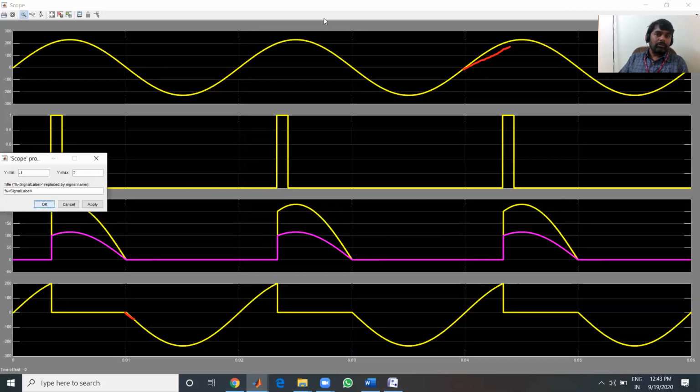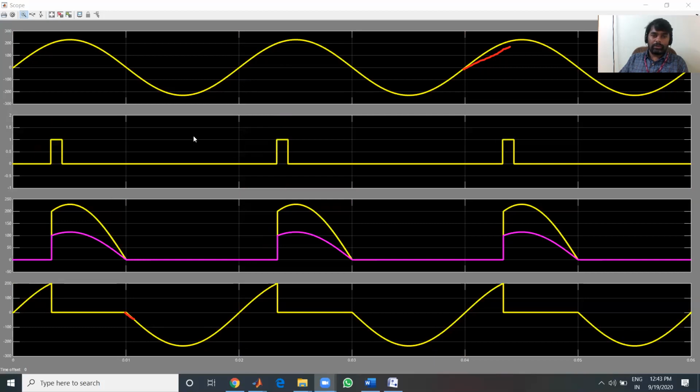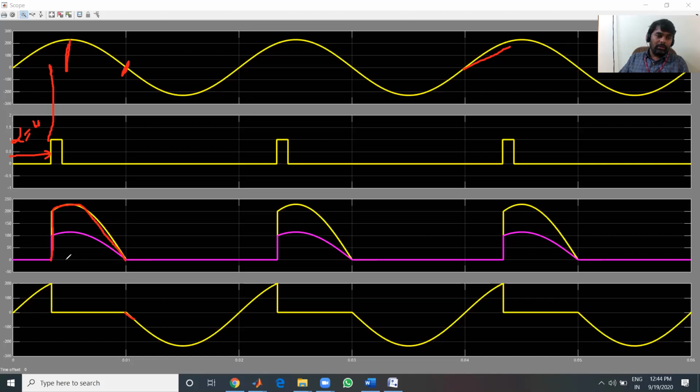Okay, now I am going to share this scope so that you are able to see. So now you can see this is alpha equals 60. Even if you want to measure, it will lie at this particular point where alpha should be 60 degrees, because here you may see 90 degrees, here you may see 180 degrees. So here it will be 60 degrees, right? And from alpha equals 60 degrees onward, the output voltage suddenly increases to the maximum value, and it is following the input voltage like this. Okay, and the load is a resistive load, so the current and the voltage should be in phase. So you can see the output current waveform. Only magnitude will differ, but the current wave shape is the same as the output voltage wave shape, right?